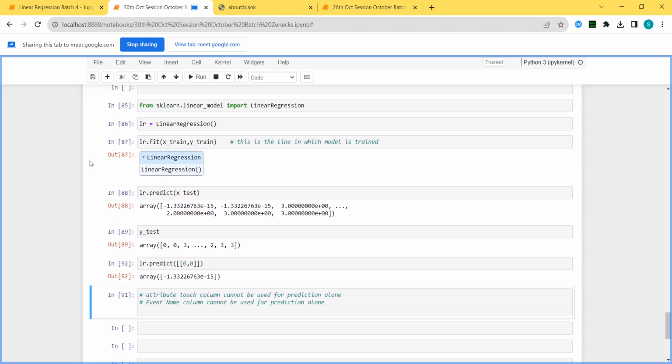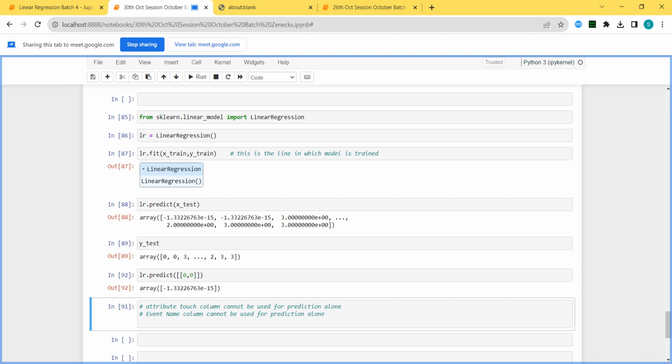Now what is this, sir? We have taken two columns in the X variable. That's why in prediction also we have to give two columns. That is why it was showing an error. We have to mention the serial number, and the category of the event name. Zero is the event name, address addition. First is my serial number. If I change this to 5, then also nothing happens, only the serial number is changing. I can mention 150 here also.